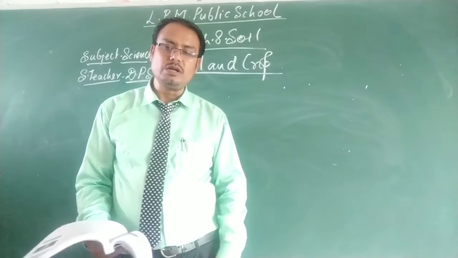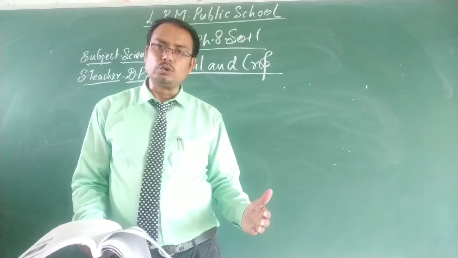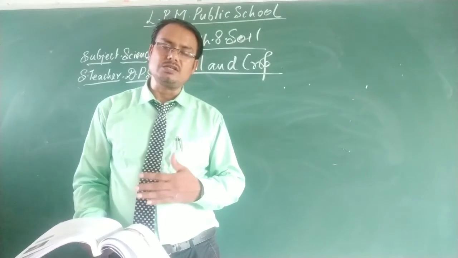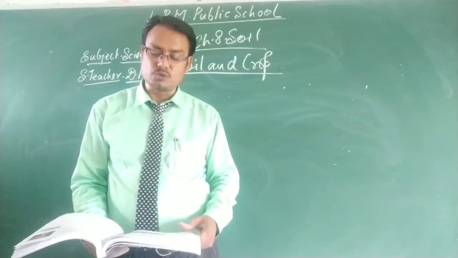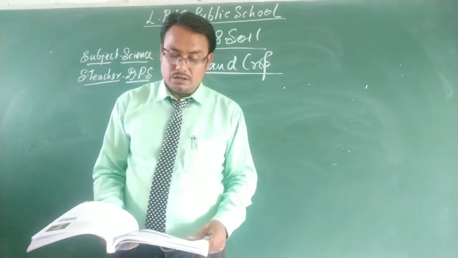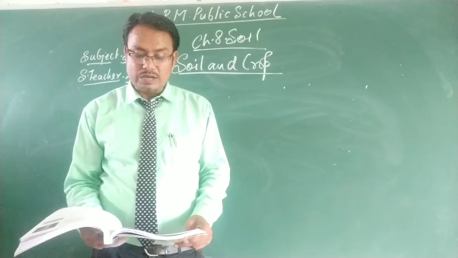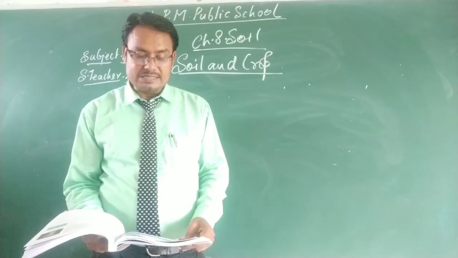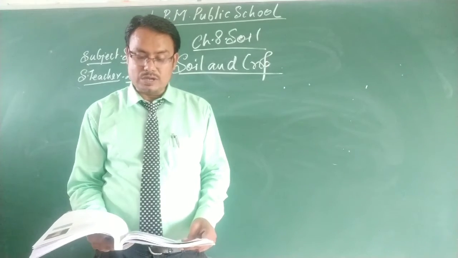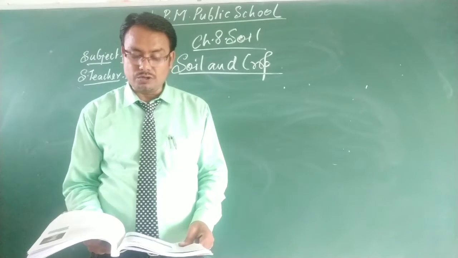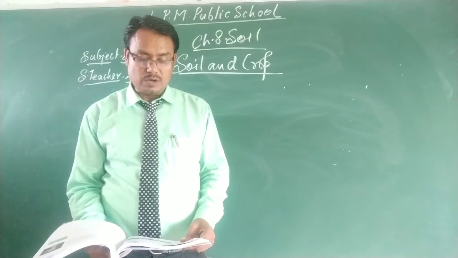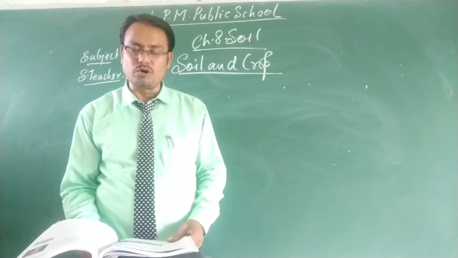So you can see, student, different types of plants are grown in different types of soil, different natures of soil. Rice is grown mostly in clay soil, while pulses and textiles like cotton are grown in sandy soil because they don't need much water. Water is not retained in the soil, so it doesn't hold water.